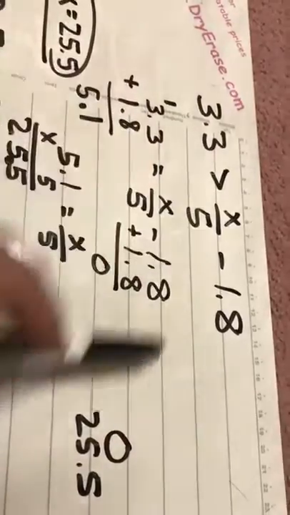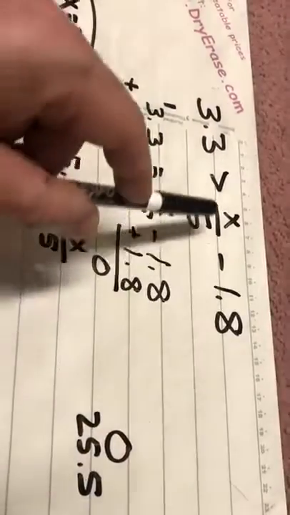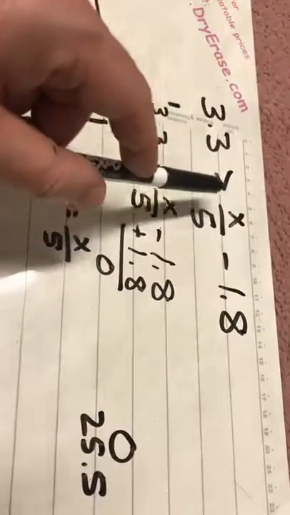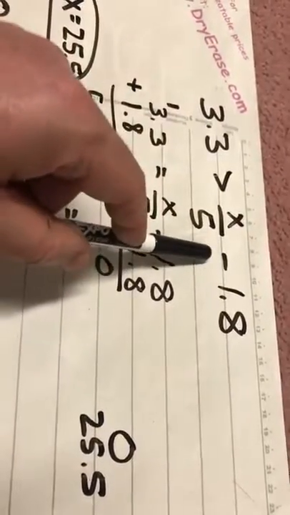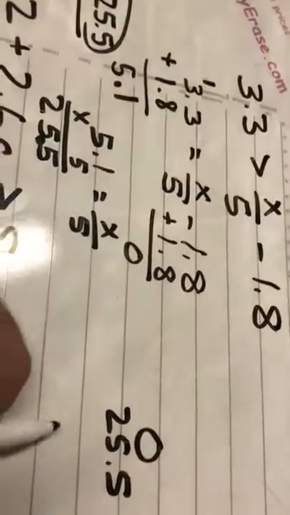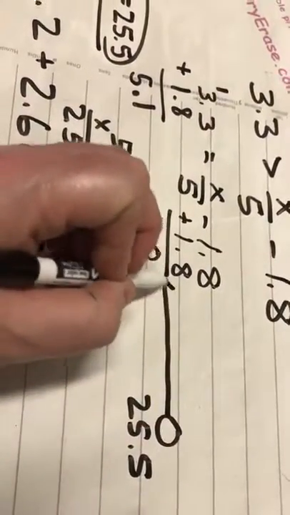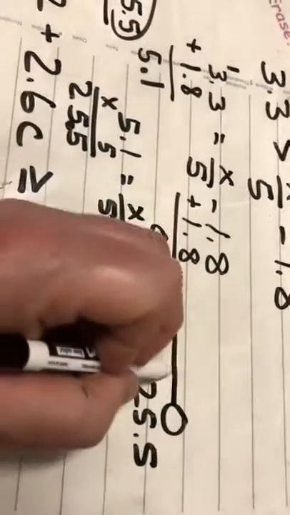So x cannot equal 25.5. X has to be less than. It's on the smaller side of the inequality. X has to be less than that, which means that my line is going to go right, which means that